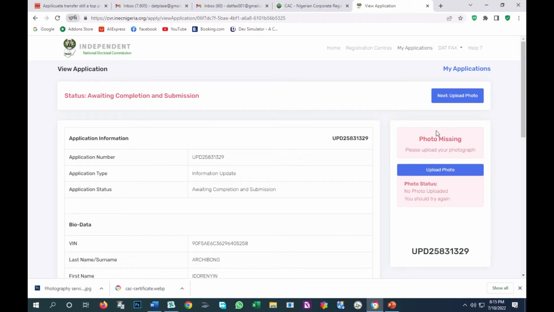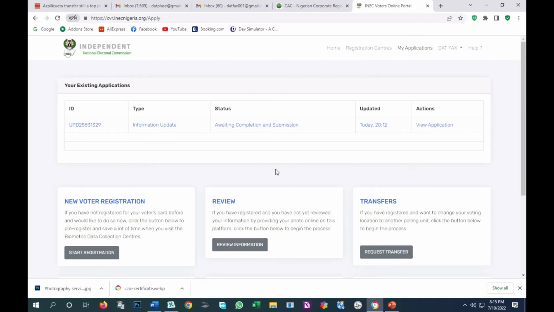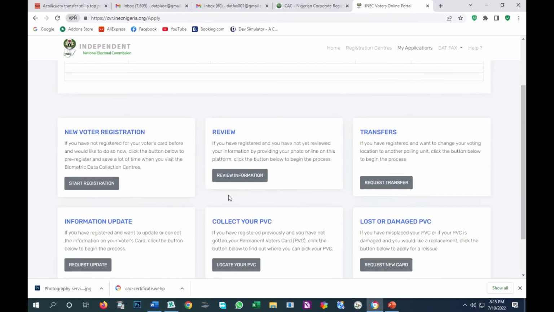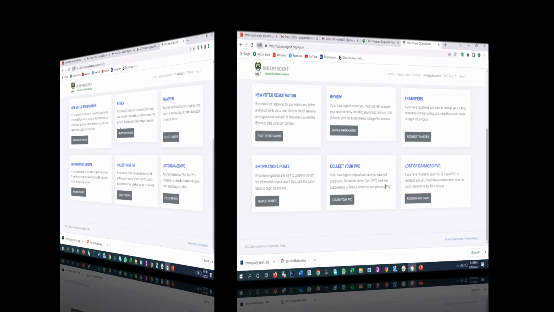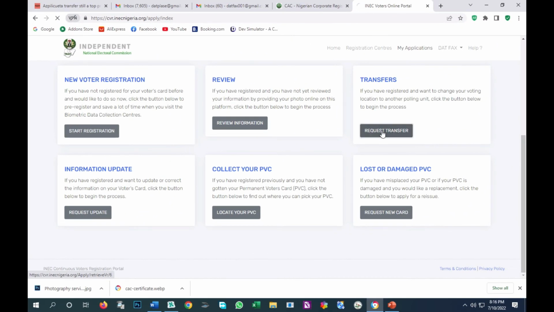Now when you are done, you come here and upload your photo. For everything you do on this portal, you have to upload your photo. If you are reviewing your information, you upload your photo. If you are doing transfer, you upload your photo. Then for transfer,